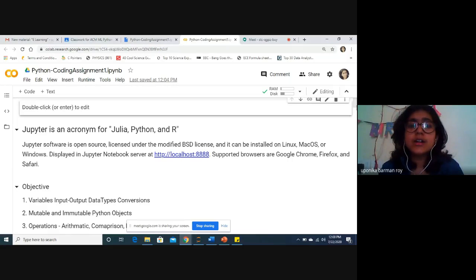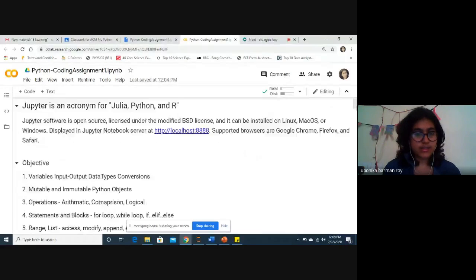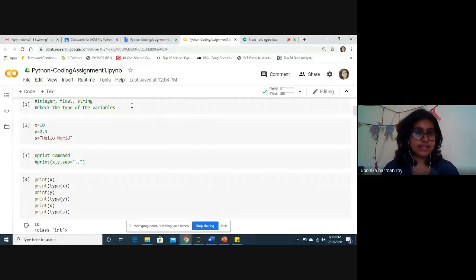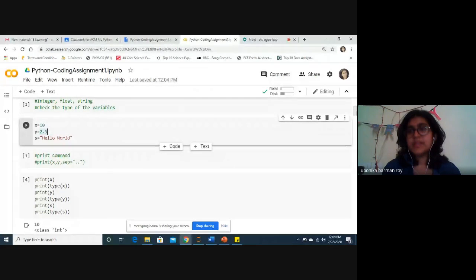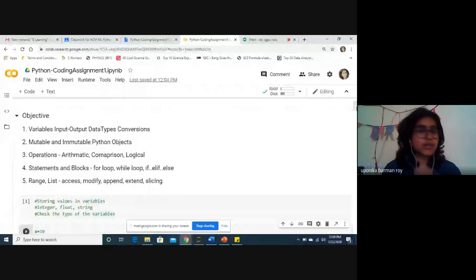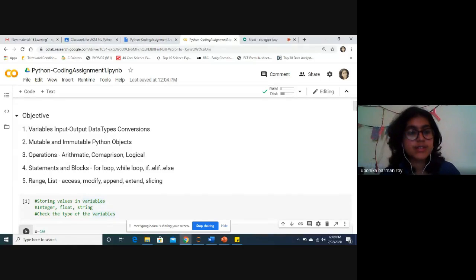With Python here, it's a very easy way of programming: you just write your Python code and press shift enter. That shift enter is nothing but running the cell. You will have different cell operations. Throughout this notebook you can see this is one cell, this is another cell, and so on. Whatever code we write in each cell, we don't need to compile, unlike in C and Java where you need to compile and then interpret. Here it is automatic. You just press shift and enter, and it does that for you. Now, for today's topic, we are going to discuss variables.